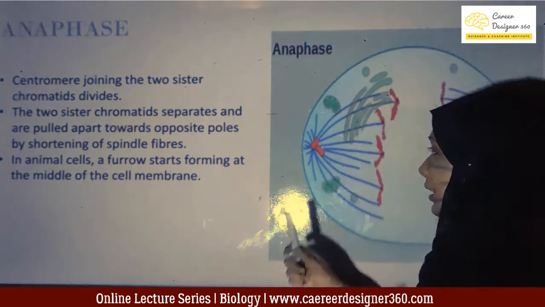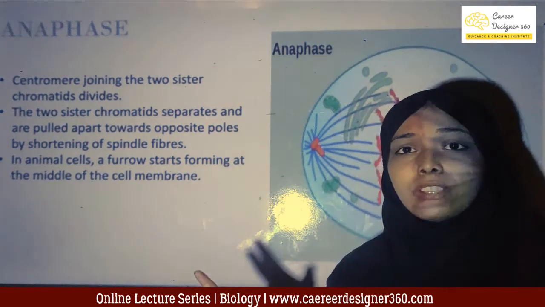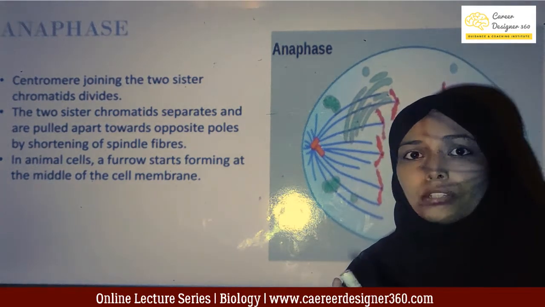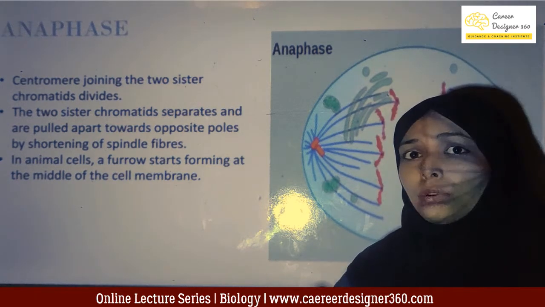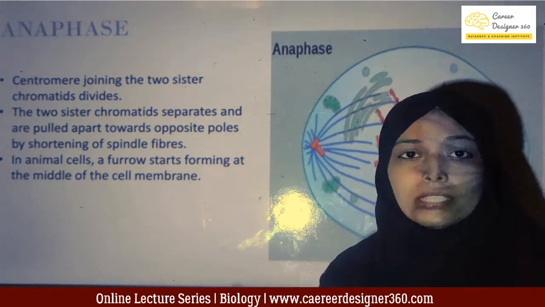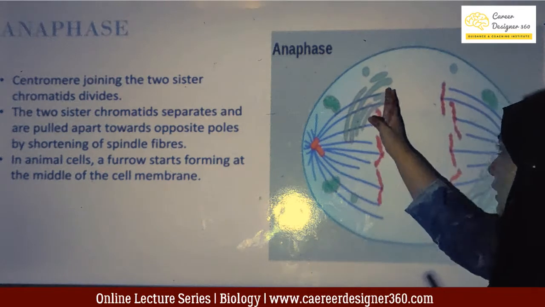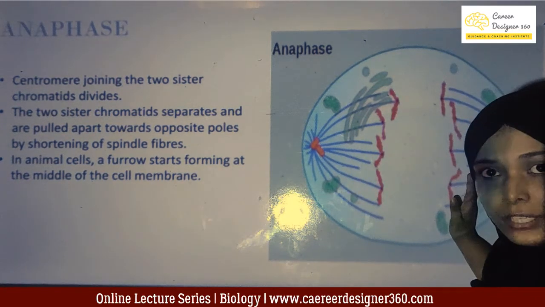Because that's the reason why we are doing the cell division. Cell division means formation of two new cells. So each of the cells will have equal content, right? The chromosome cannot go into only one cell. It has to be equally divided in both the cells. So for equal division, one sister chromatid will go into one cell, another sister chromatid will go into the other cell.